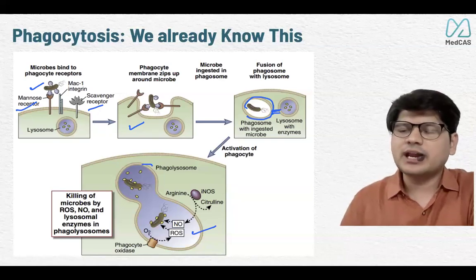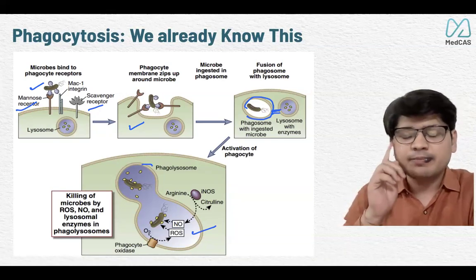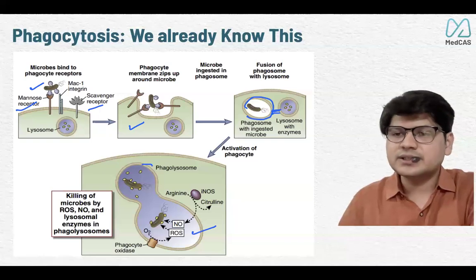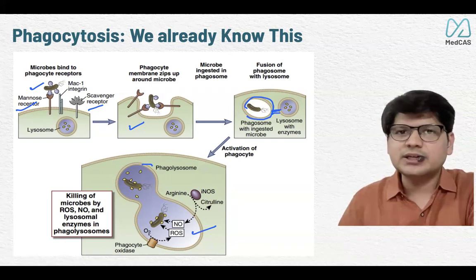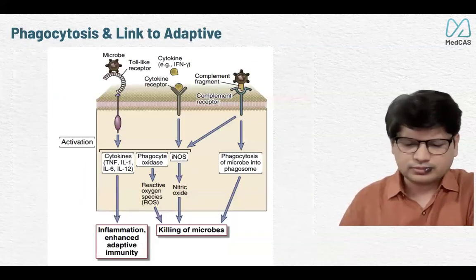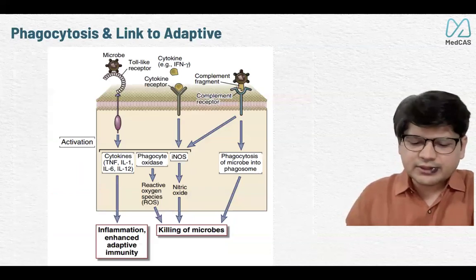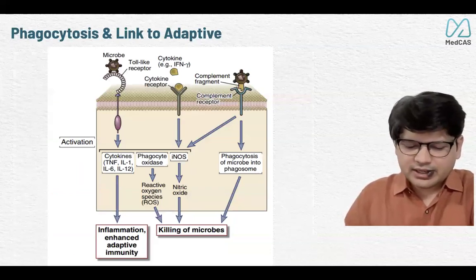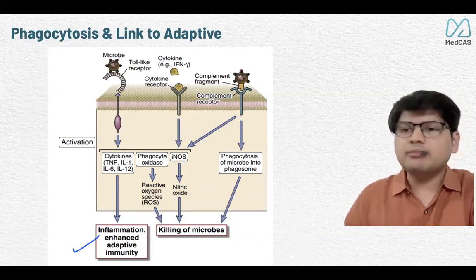There are a lot of things which happen with innate immune activation. One of them is phagocytosis. We have discussed that. We have even discussed inflammasome activation. I'm not going into much detail because I'm waiting for the complement, which is one of the main things to know. And once phagocytosis happens, it can actually enhance the adaptive immunity.